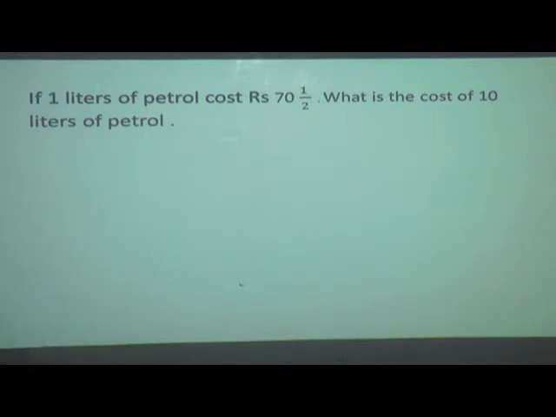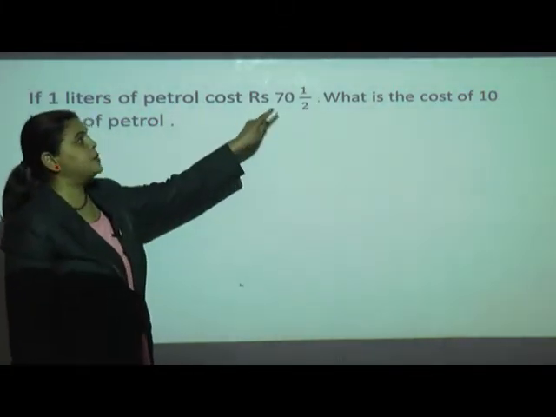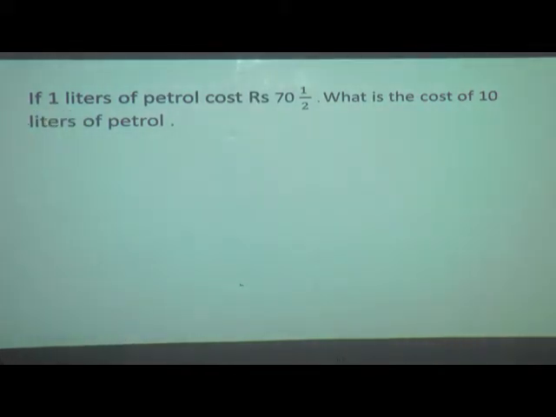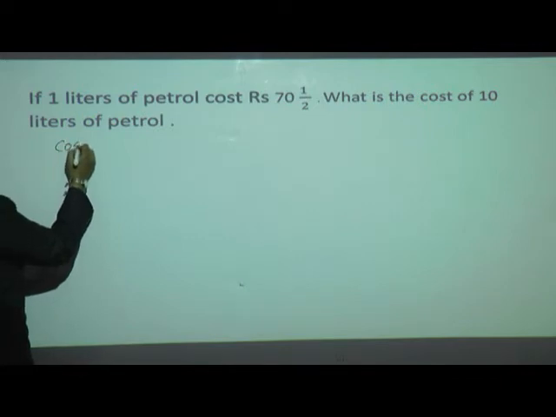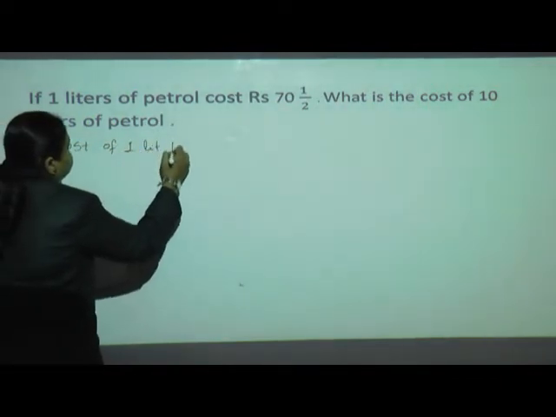1 liter of petrol costs rupees 70 and half. That is 70 rupees 50 paise. When it is rupees, you can say it is 70 rupees 50 paise. What is the cost of 10 liters of petrol? It is very similar to that of the sweet, what was given in the previous question. Now we can say the cost of 1 liter of petrol